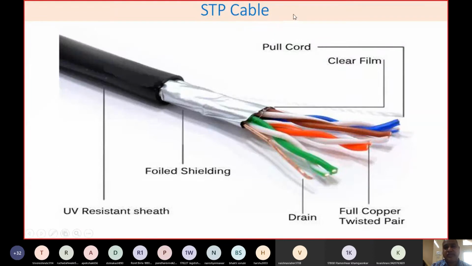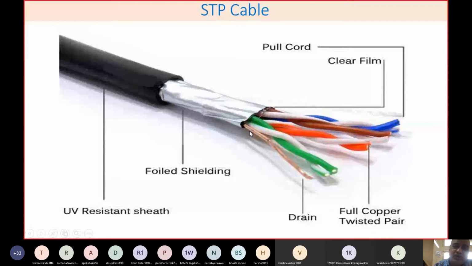If you see the difference between these, there are again 8-pair cables, there are again 4-pair cables. But here, one copper foil is used, and this copper foil is used for shielding purposes, and it automatically wraps around this particular cable. It is used for reducing electromagnetic interference, and if you require better grounding, that can be provided by this, and it will also have a UV resistant shade. That means this is a UV resistant shade, that's black. Then there is foil shielding here. So whenever you have any foil shielding, you can recognize it as an STP cable.